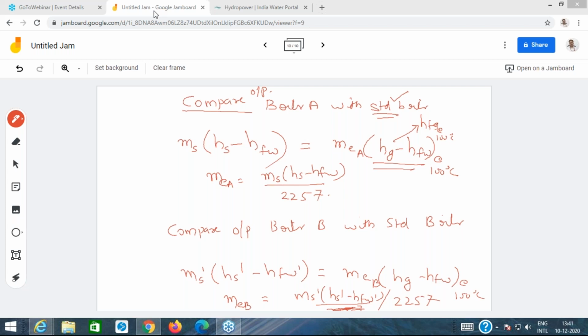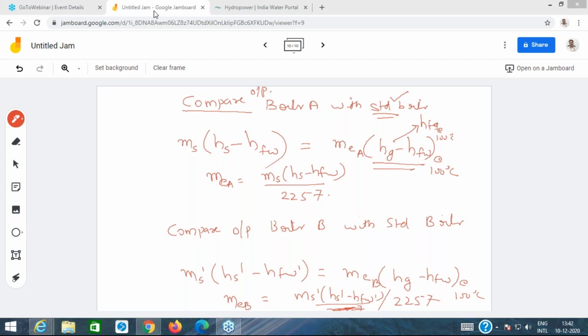The equivalent conditions or standard conditions are: the boiler is made to operate at 1 atmospheric pressure, the feed water entering the boiler is at 100 degrees centigrade, the steam which is generated by the boiler is dry saturated steam at 100 degrees centigrade. Okay, in that case, how much would be the steam generation rate of that boiler?